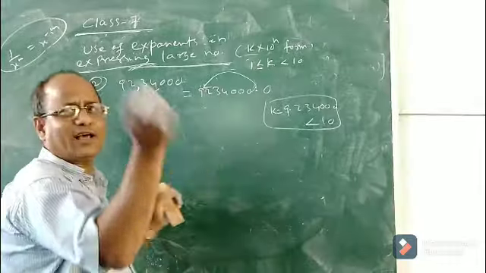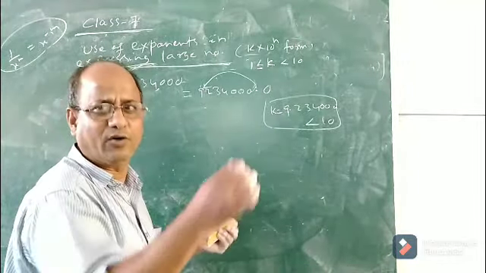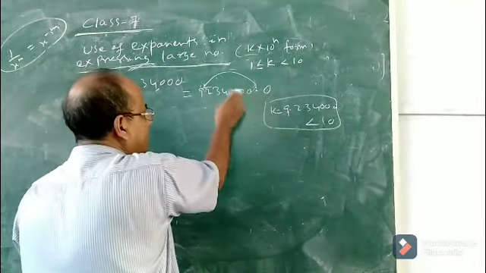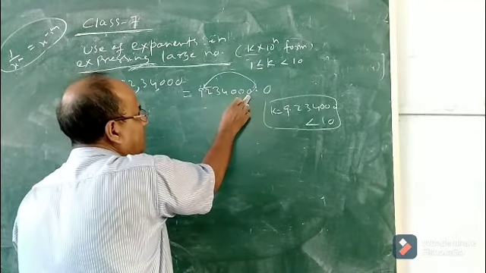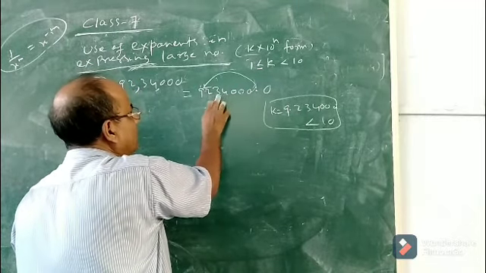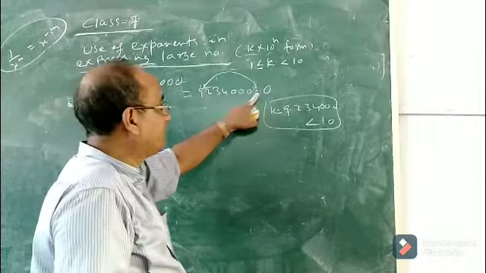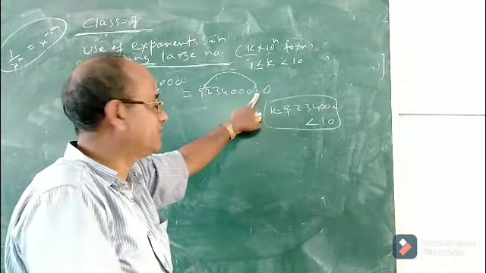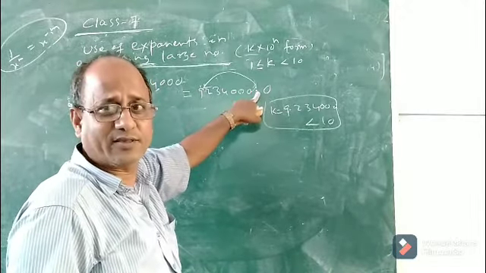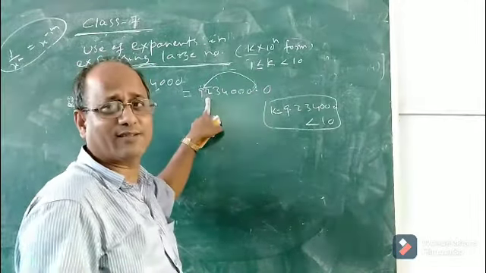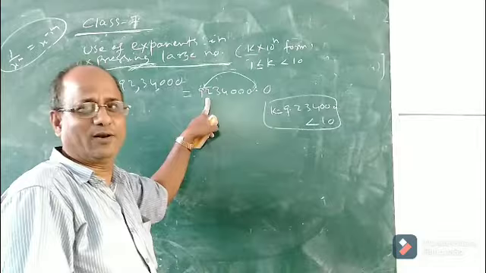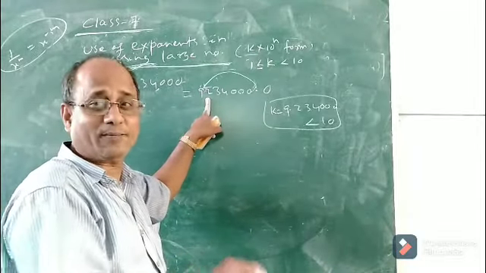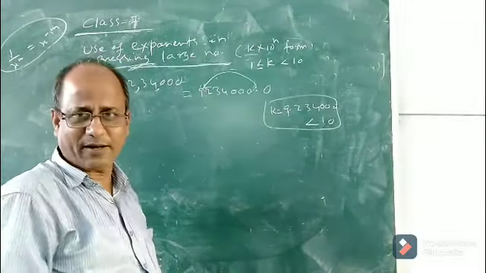Now the question is how will you shift? That is important. As you are going to shift this point to this place, how many places do you count? 1, 2, 3, 4, 5, 6. That means the point is to be shifted 6 places towards the left. Then only you will get the value of k, and be able to express it in k into 10 to the power n form.